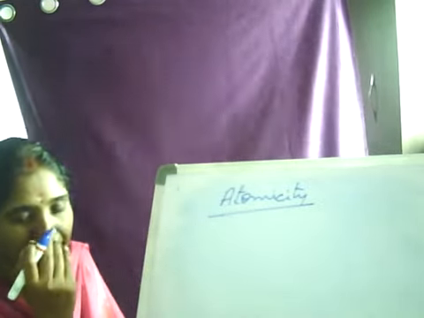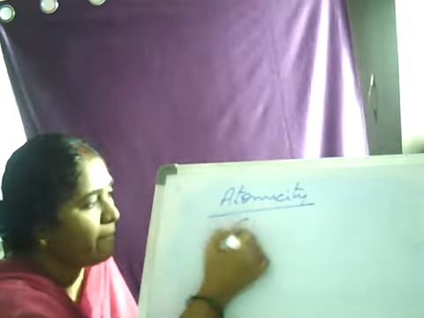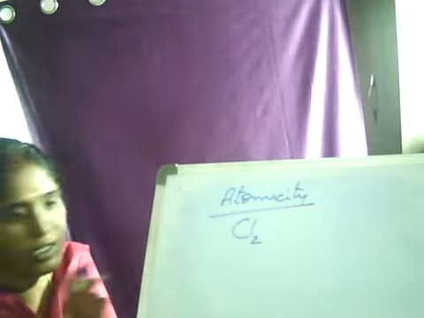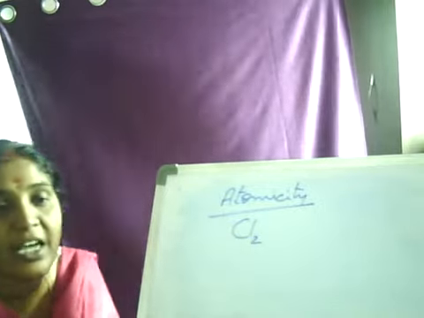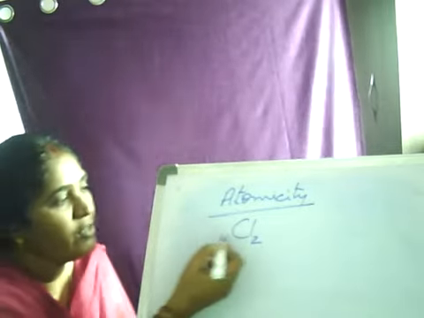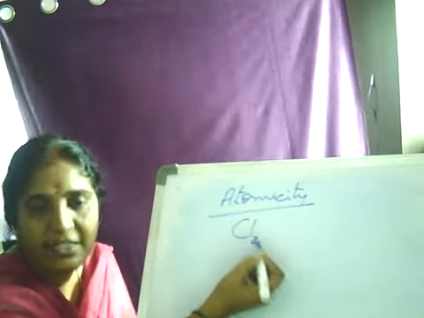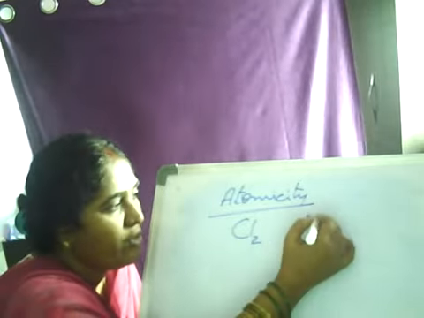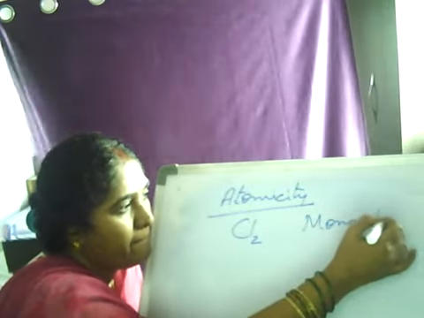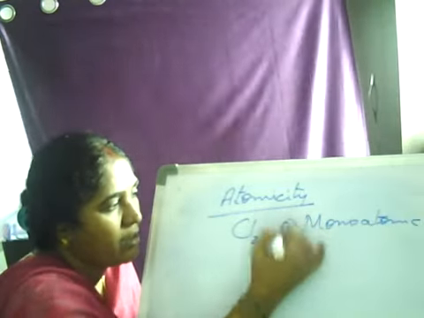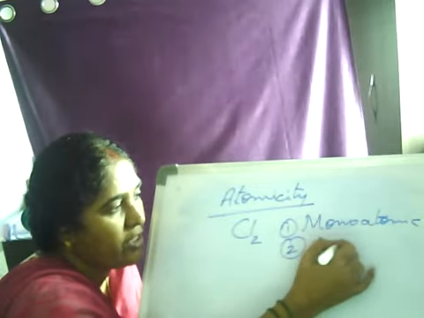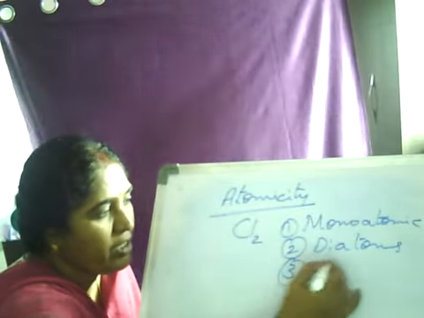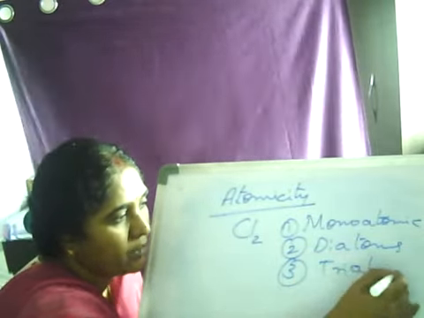For example, if I take chlorine, always it is diatomic. So whenever I write chlorine, it is Cl2. That shows diatomic, which is written on the right side as a subscript. That is what is called atomicity. So as such, we have monoatomic, that is only one; diatomic, if it is two, represents two atoms; triatomic, if it represents three atoms;